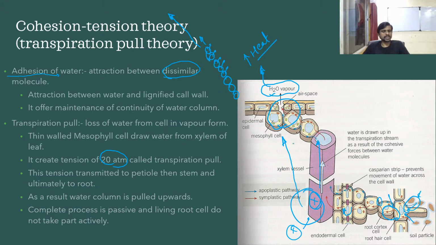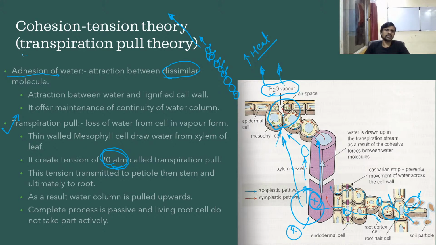Okay, so it is coming out of the plant body because of high heat, and due to this there is a leaving of water in the form of vapor, which again causes a suction pressure here, which sucks water from here. Then this pressure comes here, and the water moves toward the upper part, and finally it is absorbed from the soil. Okay, so this is how the transpiration pull works, and it generates 20 atmospheres in the plant due to the transpiration pull.